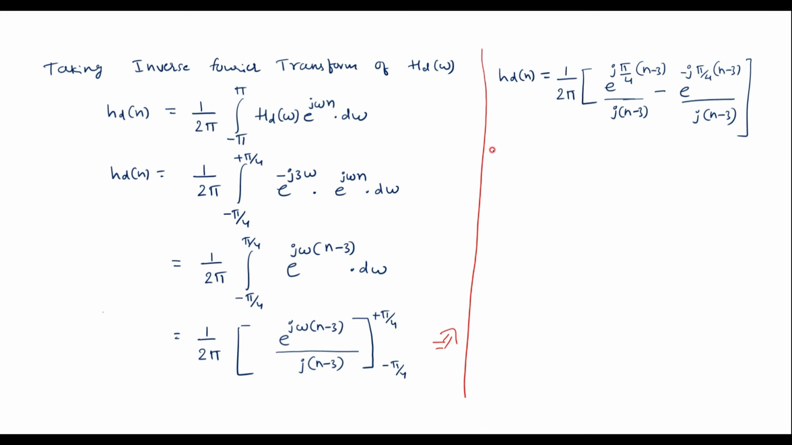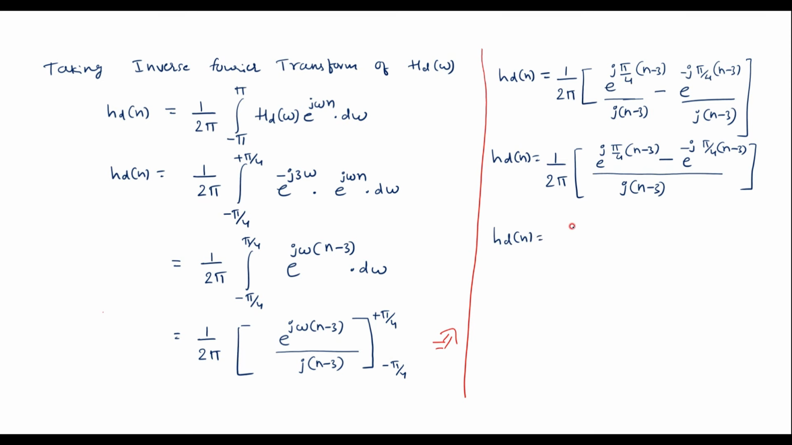So further I can represent this as hd of n is equal to 1 over 2 pi. So here we can write e power j pi by 4 of n minus 3 minus e power minus j pi by 4 of n minus 3. Now further I can simplify this as